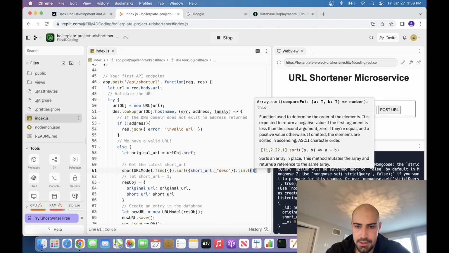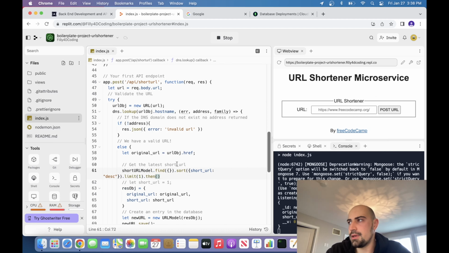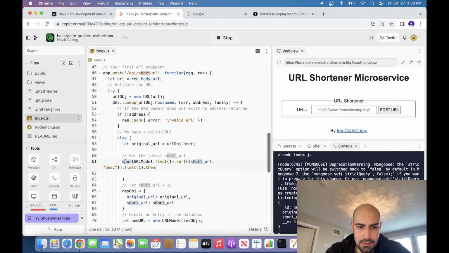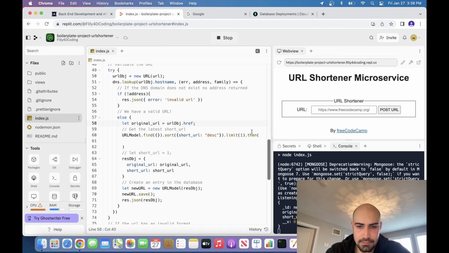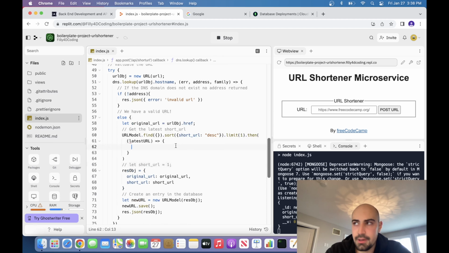We're going to get just the top result, and sorry, this is just called the URL model. Function of the latest URL, and